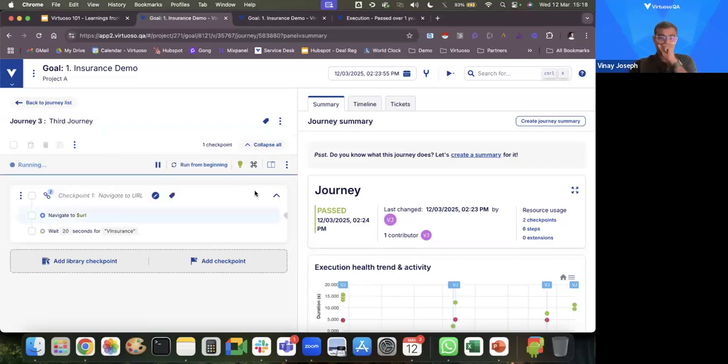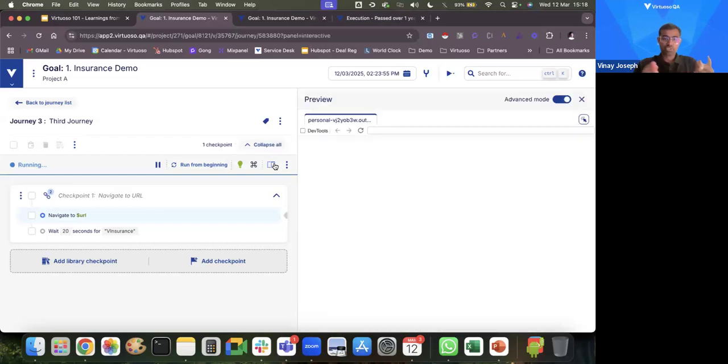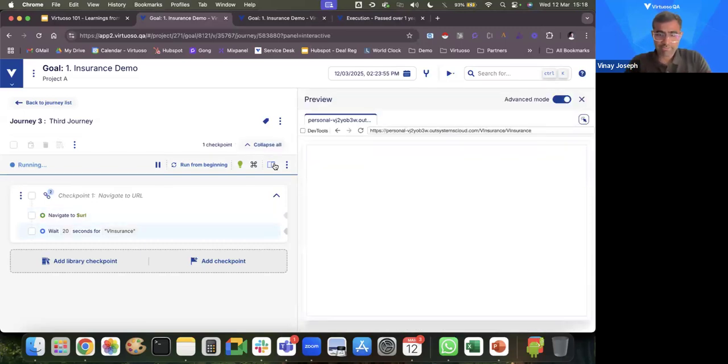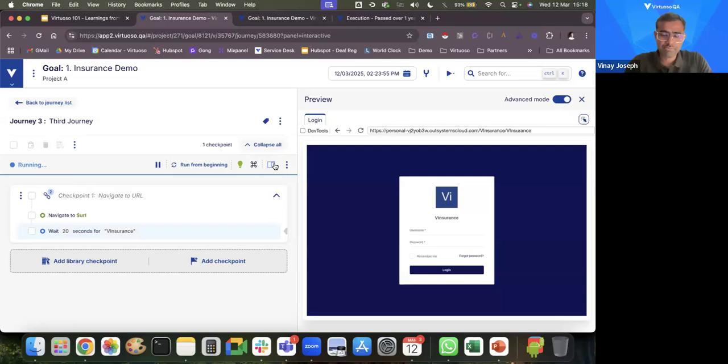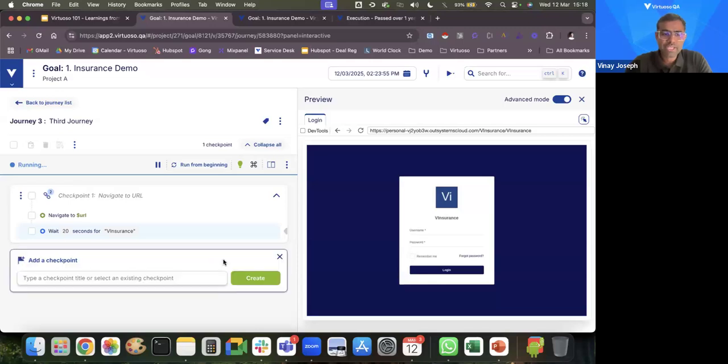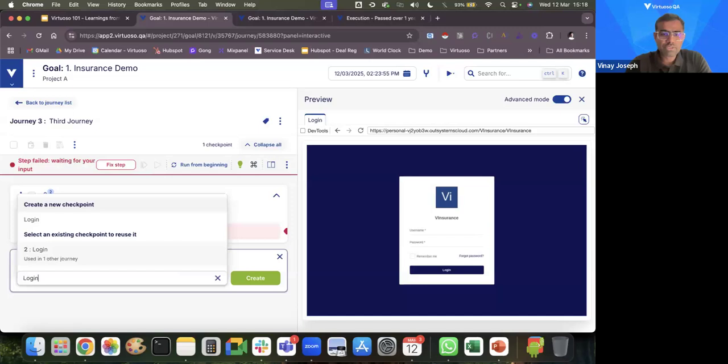To start with, there are two steps that I've written here. One, navigate to the URL. And the second step is just making sure that the URL is properly loaded. So it runs a dynamic test, which essentially allows you to validate that the V insurance application on the system is available, and that allows you to write your test cases. Now, if I want to get started with login,